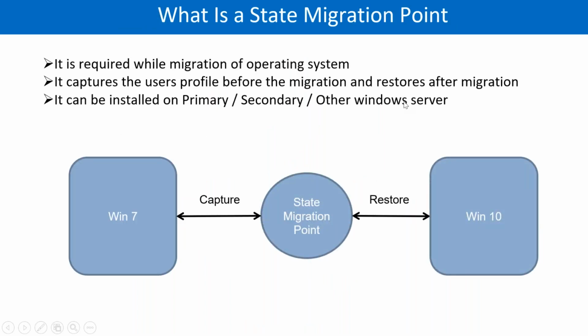Now the last role for today is state migration point. State migration point is what? It is needed during migration. So suppose you have to migrate Windows 7 data, the user data. It will only capture user data. It captures user profile before migration and restore after migration. Suppose, let's say James is using this machine for 2 years. So he will have his documents in the document folder, in the favorite folder, some files will be there on desktop, some files will be there